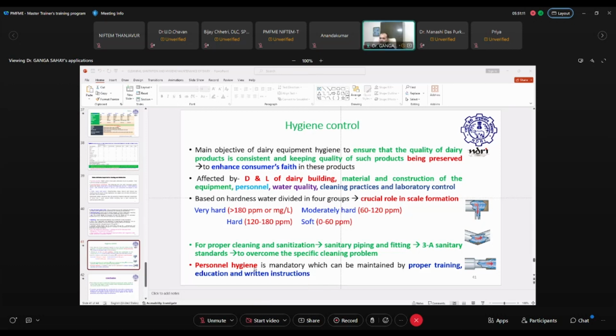three sanitary standards should be used to overcome the specific cleaning problems, like you can see in these figures. And personal hygiene is mandatory, which can be maintained by proper training, education, and written instructions. Everything could be in place, but the